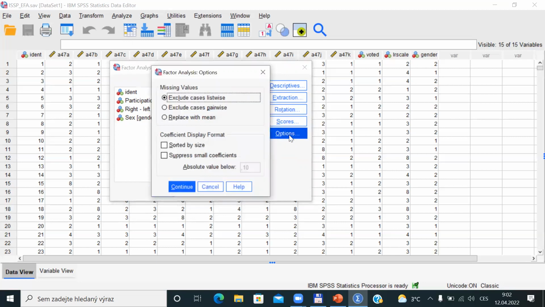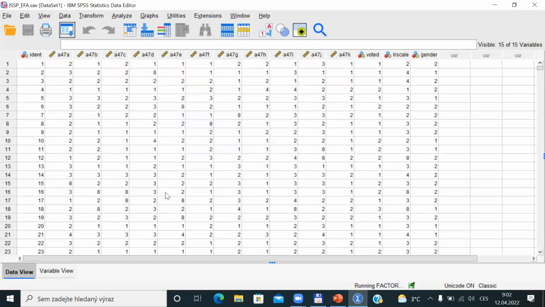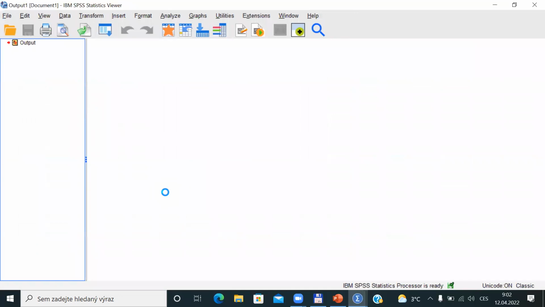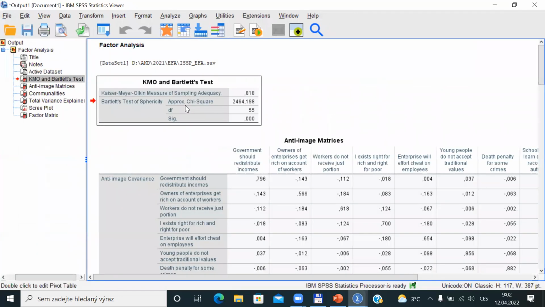And here there is a very similar option to suppress small coefficients. In JAMOVI, it was called hiding some small coefficients. Here you can see that the default is 0.1. So if we ask for 0.3, it would be analogous to the previous discussion of JAMOVI results. So if you click continue and OK, we can very simply find, I would say, the same results as